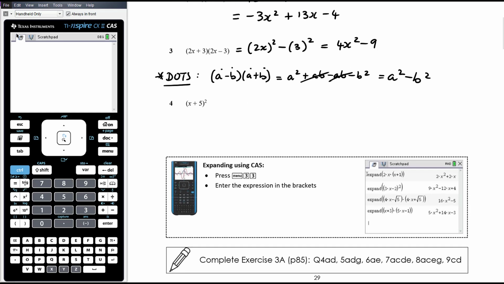x plus 5 all squared, so that's a perfect square. Again, we want to recognise our pattern. A plus or minus b all squared is a squared plus or minus 2ab plus b squared. So in this case, that's going to be x squared plus 2 times x times 5, so plus 10x plus 25. Look, yes, you can always write them out and expand them out fully, but the key is at this point in your maths learning,